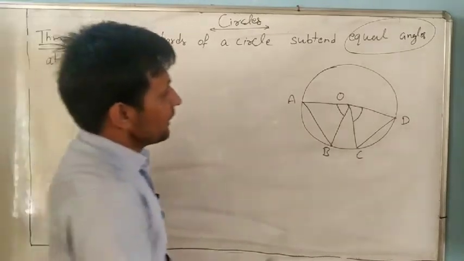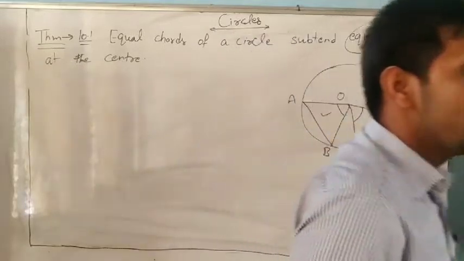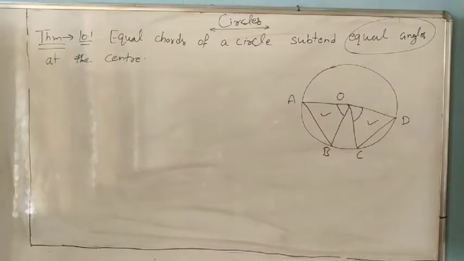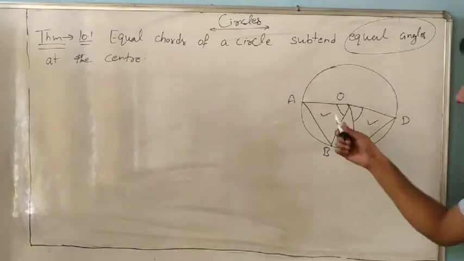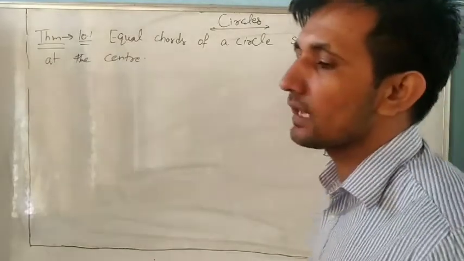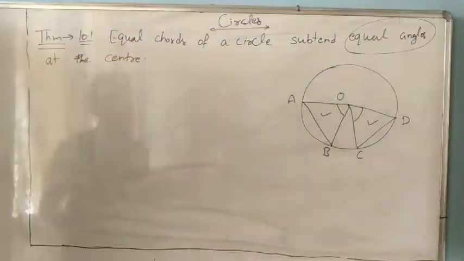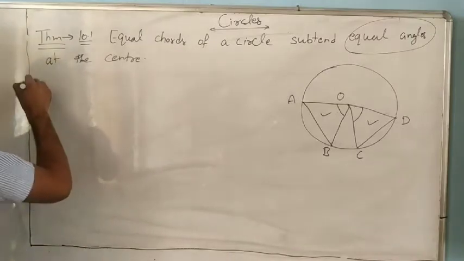Tell me, these are two different triangles. One is this one and one is this one. And in two different triangles, you want to prove that two angles are equal. How will you prove that? If anyhow we prove they are congruent, and if triangles are congruent, we can say that corresponding parts are equal. So we will write. So first always.